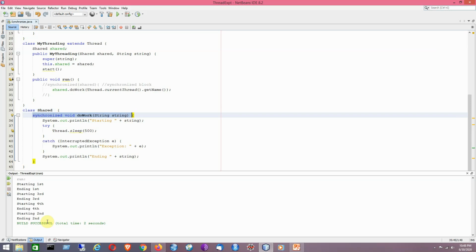The monitor or lock will ensure that only one of the threads will be allowed to work on the shared object, and while it is working on it, the other threads must wait. Whenever its job is finished, one of the other threads will get its chance to be executed, and that selection is done by the thread scheduler as usual. So that is the idea to be implemented, and it has been implemented by using the synchronized block or the synchronized method.